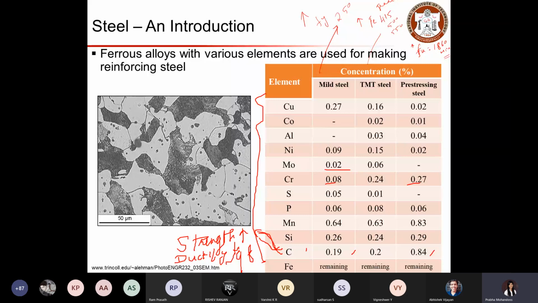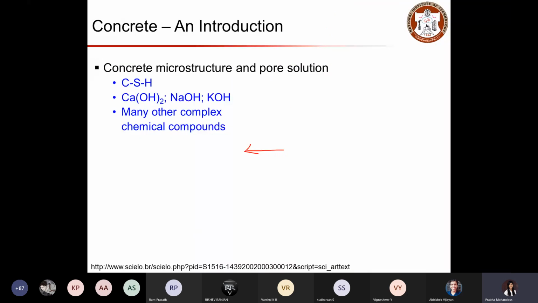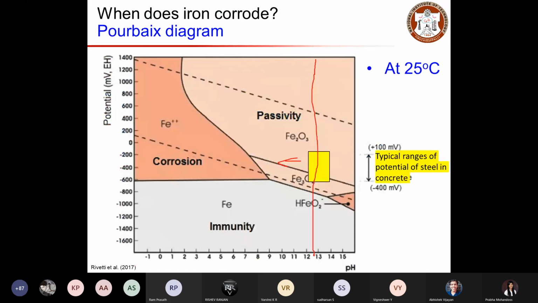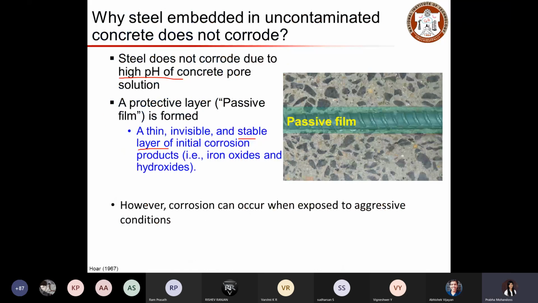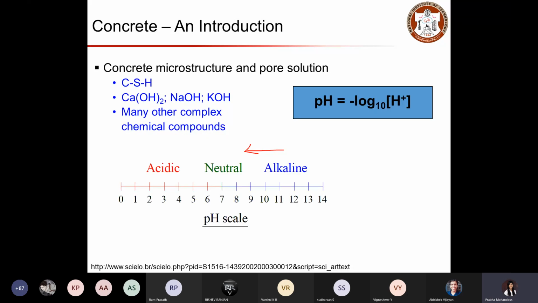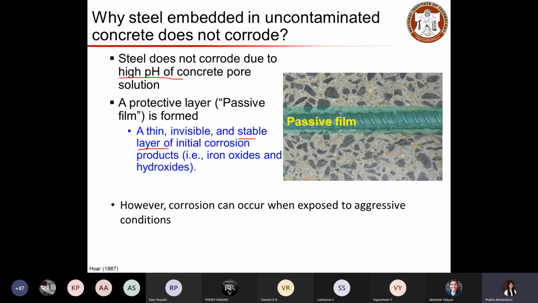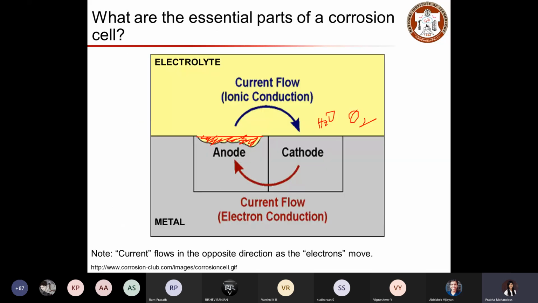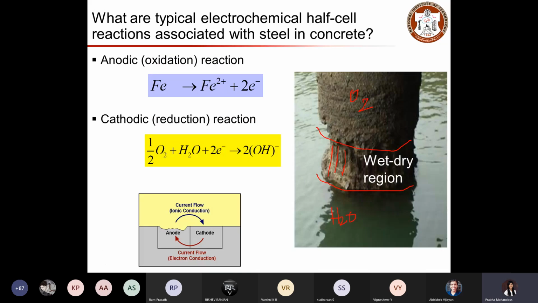All right, I'll continue this from the next class, this concrete portion and other things. In the next class, we will look at an introduction to concrete, and how the corrosion mechanism plays a role when we have concrete and steel together in position, like the case in the reinforced concrete system, and how the corrosion mechanism takes place to corrode these structures. All those things we'll look at in the next class.